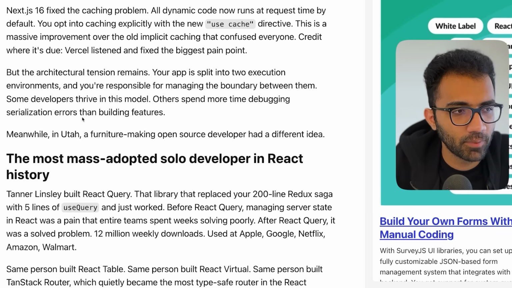Tanner also built React Table, which is also an interesting library, React Virtual, TanStack Router. So he's like a hardcore developer, right? Who would create high quality packages and make them available. That is where the TanStack name also comes from. If you Google for this, you will see that tanstack.com is an actual website which has a bunch of these libraries that he has created, right? TanStack AI, something in alpha, hotkeys, something in alpha. So these are very new things, I'm assuming, the dev tool, CLI, these sorts of things. But then there are much more stable things like Query and Router and Start, which is what we are talking about today.